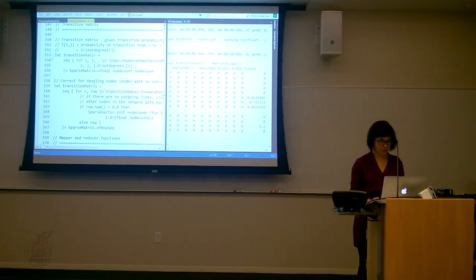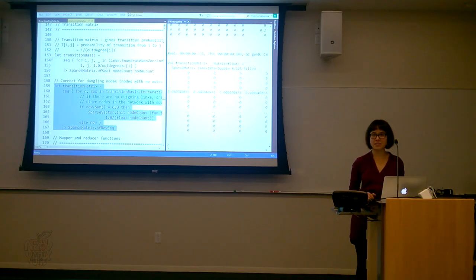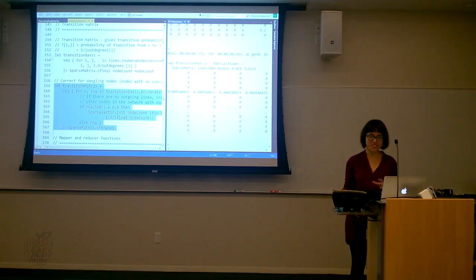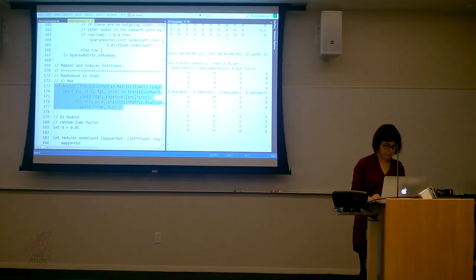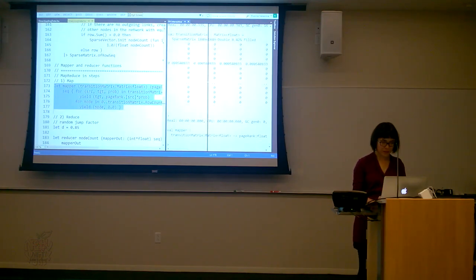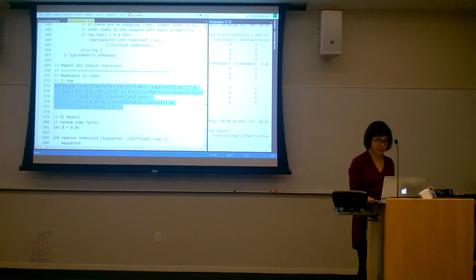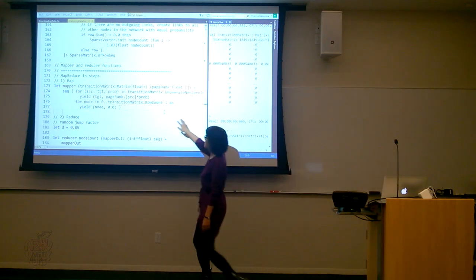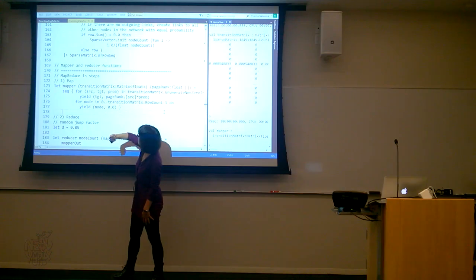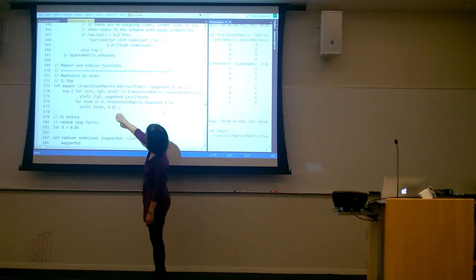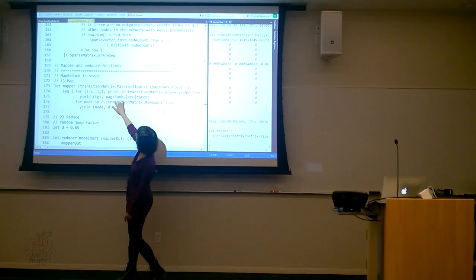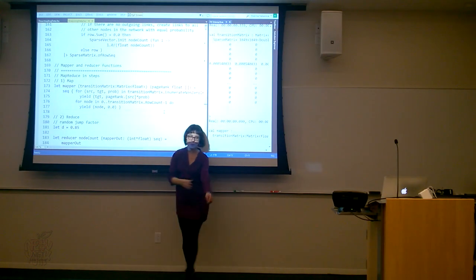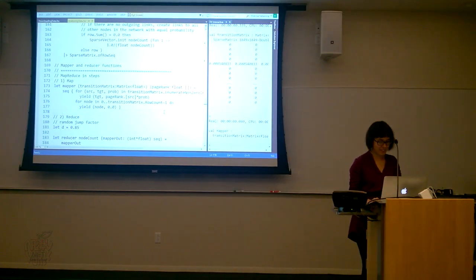Yeah, and if you know the mathematics behind it, PageRank is actually just a stationary distribution over a Markov chain. But you don't have to worry about that. What I'm doing here is defining a map function that, for every link with a source node and a target node, computes key and value pairs. Here it will be PageRank times probability of transition.